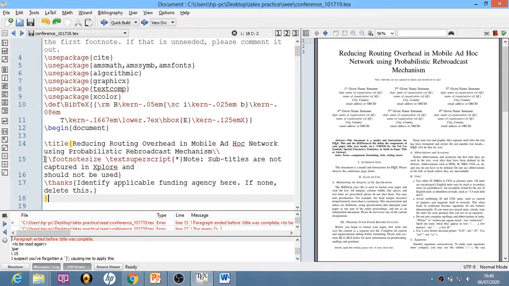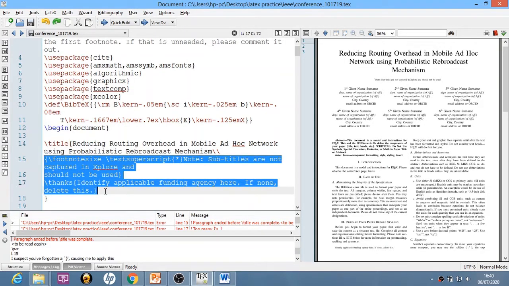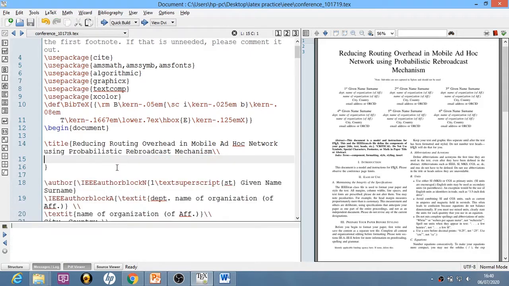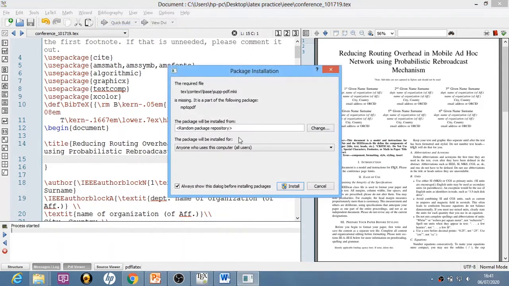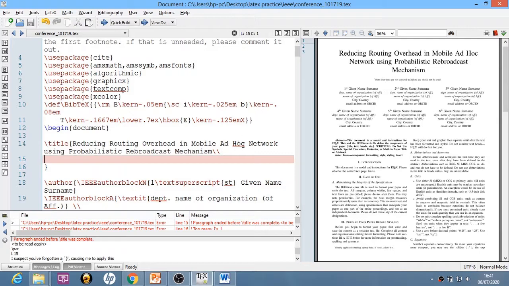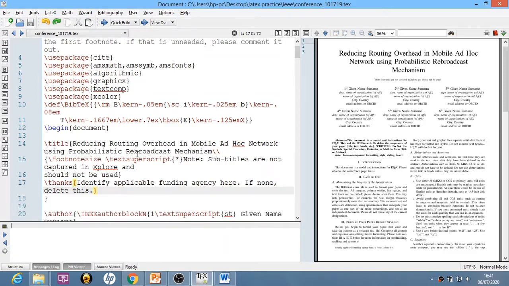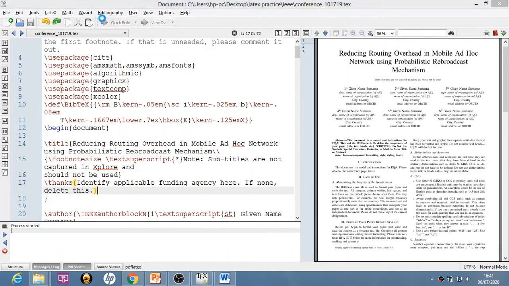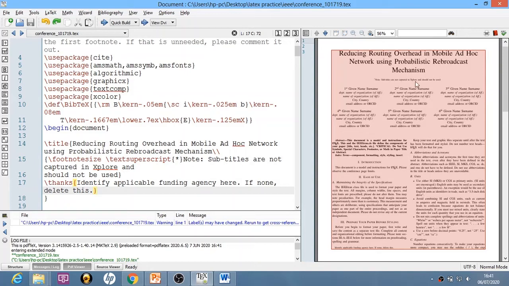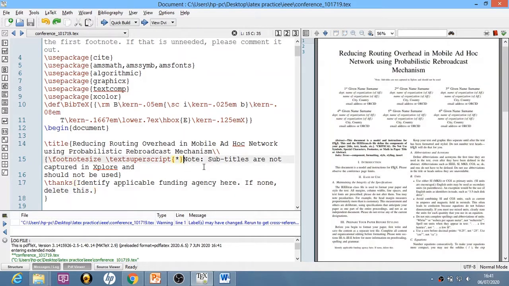Title ends here. No, still there is some error at line number 15. Okay, so I will not change anything over here. Let us try to compile this again. Okay, this is working perfectly fine.